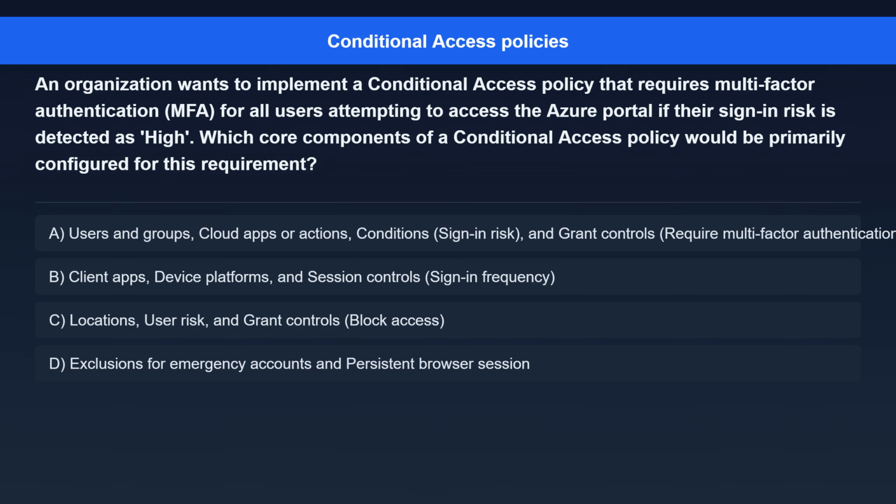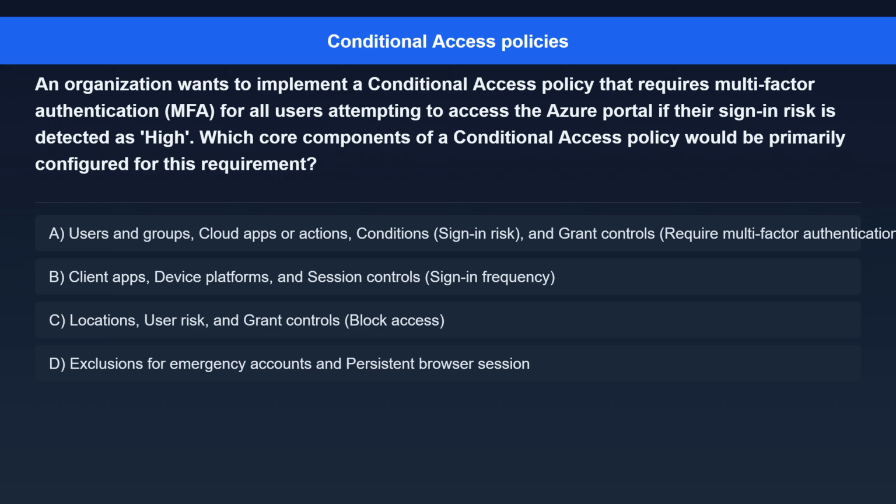Question 4. An organization wants to implement a conditional access policy that requires multi-factor authentication, MFA, for all users attempting to access the Azure portal if their sign-in risk is detected as high. Which core components of a conditional access policy would be primarily configured for this requirement?